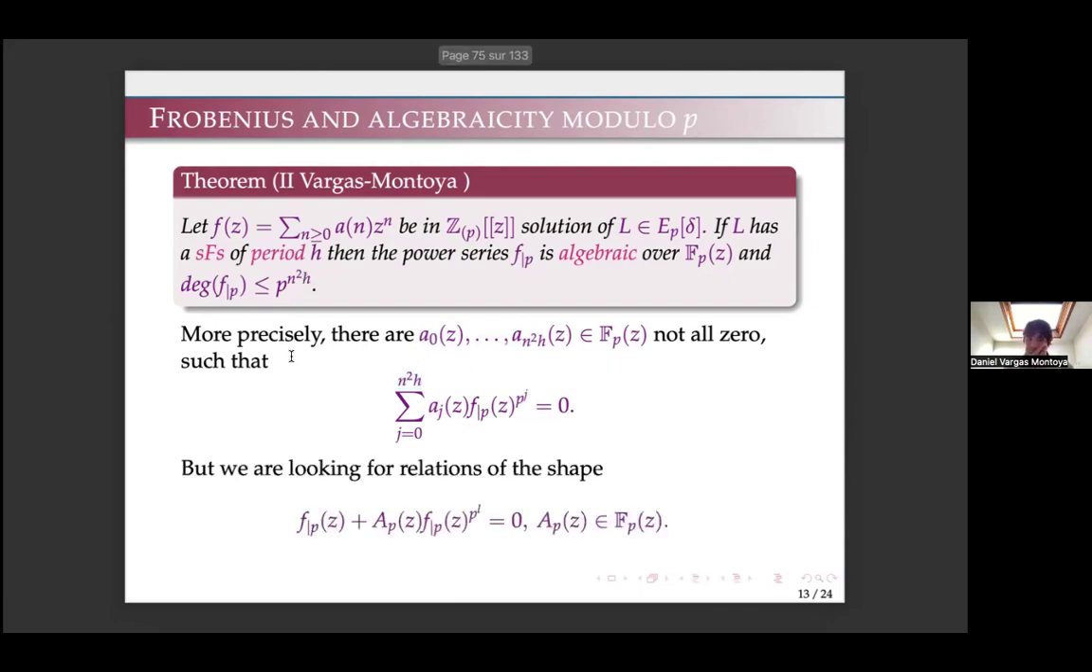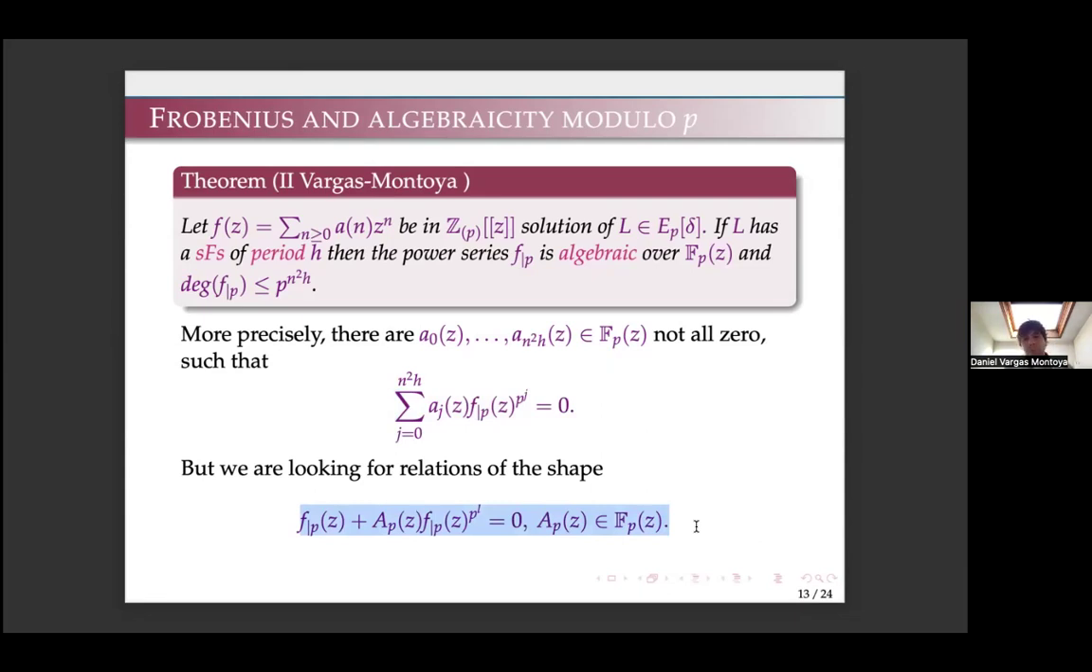But we are looking for relations of this shape. Okay, so as I told you before, the main idea is that we are going to use the condition of the maximal unipotent monodromy. From this condition, we can use the maximal unipotent monodromy to get a relation of this shape. Okay, so now I'm going to give some examples of differential operators